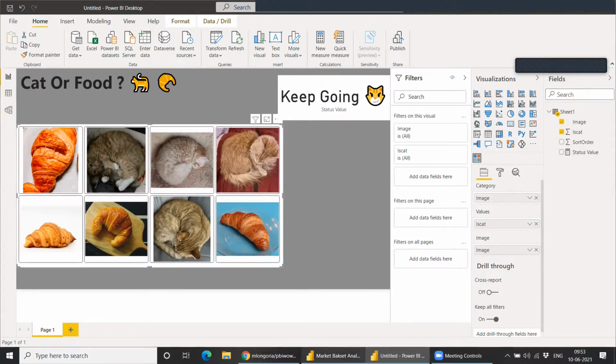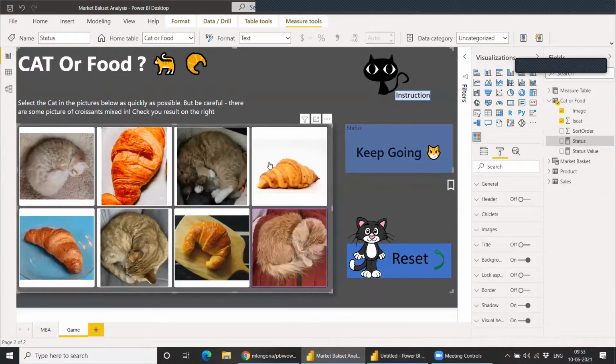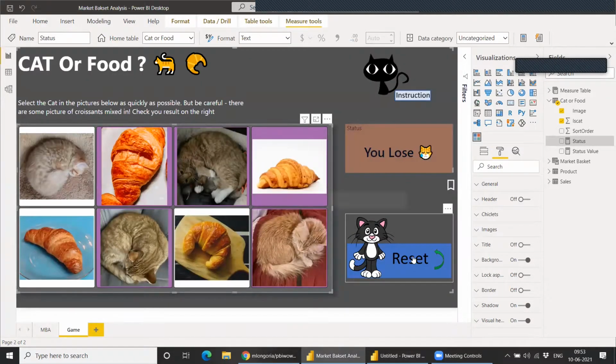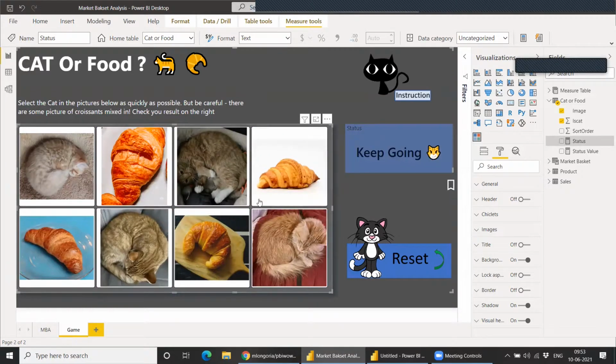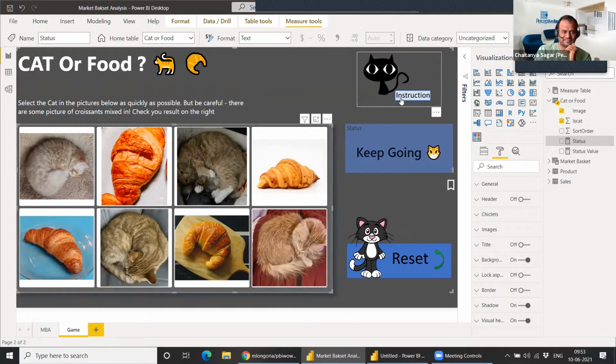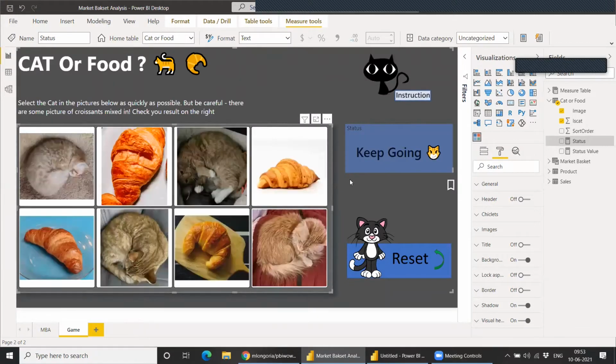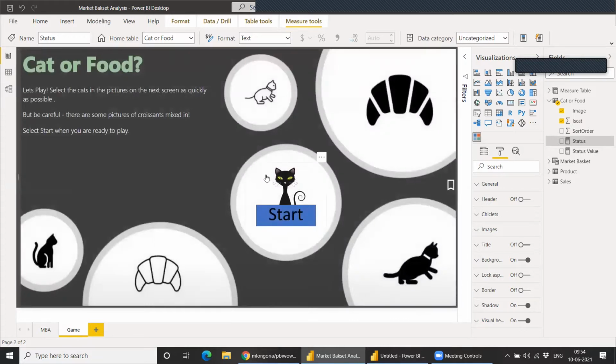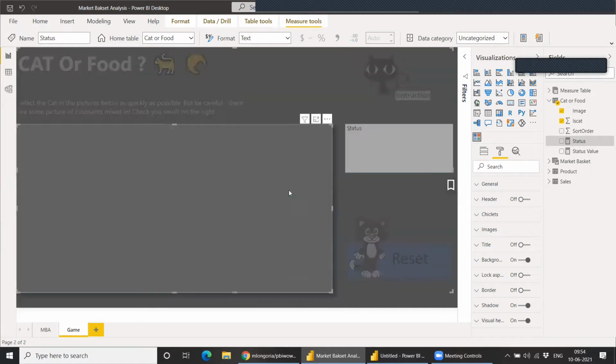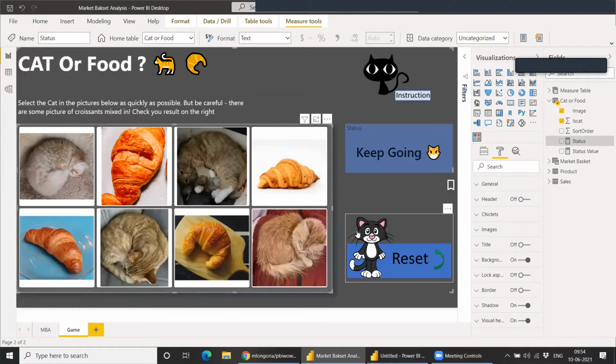Now what we need to add is some functionality like this one. You selected multiple things, and now you can just click on reset, and it will reset the game. In the next session, we'll show how to create two visuals in the same tab, so both of them are on the same tab. We'll cover that in the next session. These are just actions that we have in Power BI. We can group certain objects, and then we can use it.